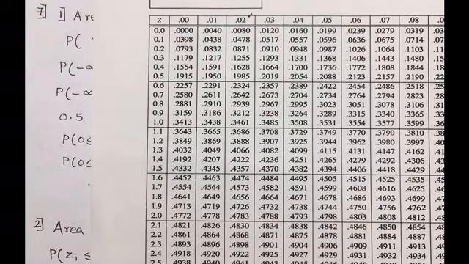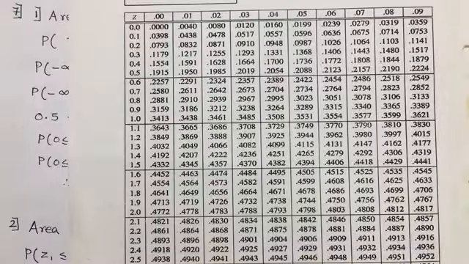Now finding the area 0.4928 from this table, it lies between 0.4927 and 0.4929.